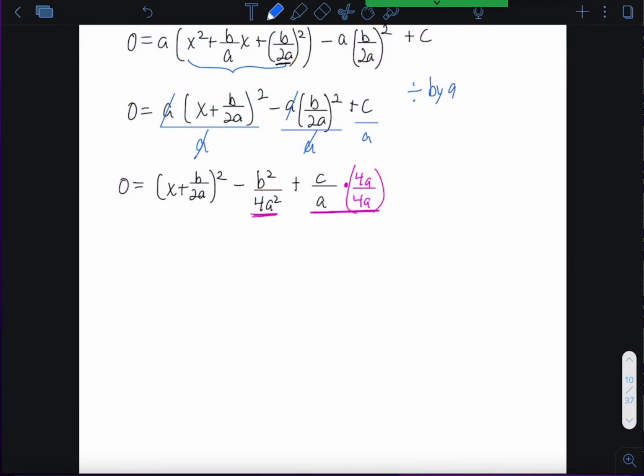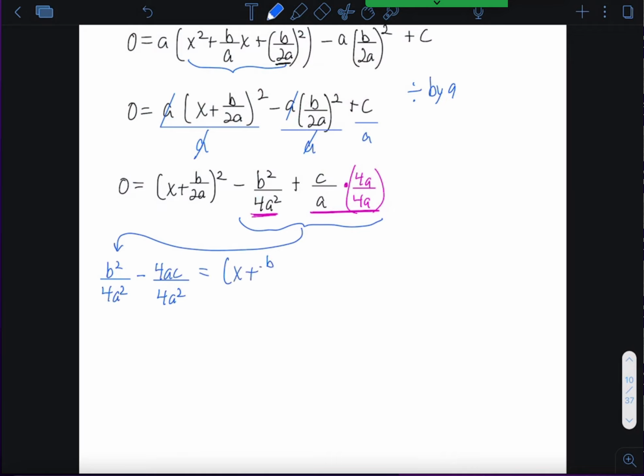That's an equivalent fraction. What I'm going to do is actually two steps at once here. I'm going to simplify this, but I'm also going to bring these two terms over to the other side. Okay, so I'm going to get b squared over 4a squared minus 4ac over 4a squared